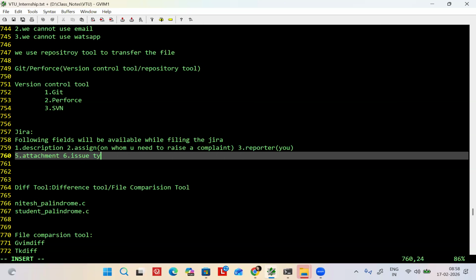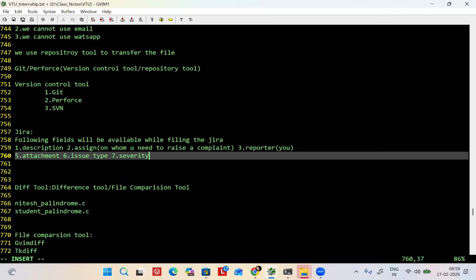Issue type. Okay. Severity. Is it very critical? How quickly? Example, in the text document, they have done one typo mistake. Typing mistake they have done. Is it very severe? Do you want that to get resolved right now, or can they do it later at any point of time? Severity low or high? Low. Document they have done some typing mistake, no problem. But in code, if you make a typing mistake, it's urgent. Severe. Okay, like that.